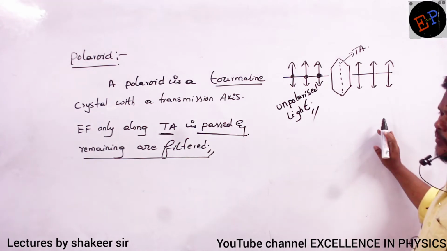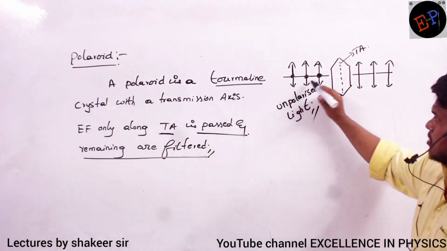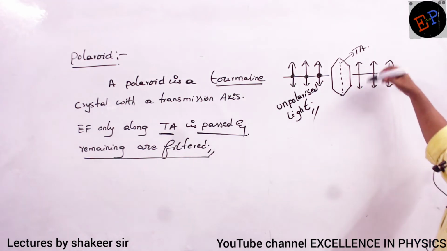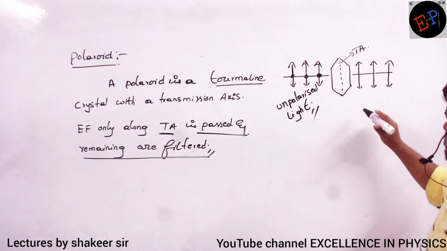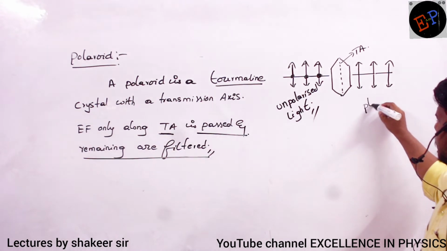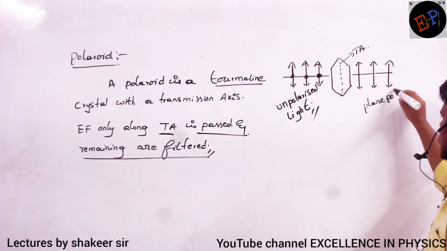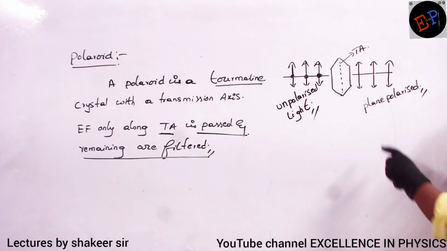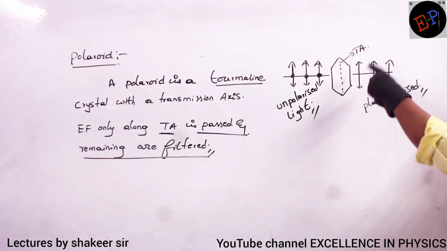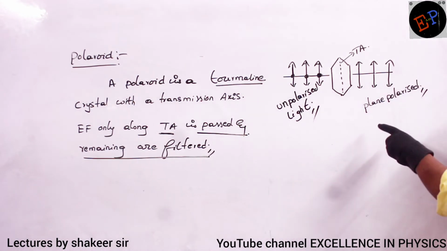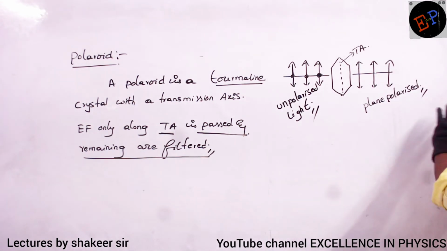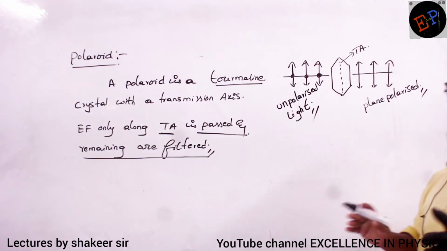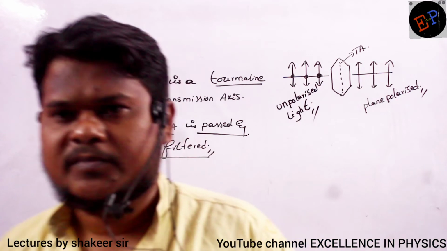Now here who is getting filtered? Dots are getting filtered, no? And only the electric fields which are in the plane of the board are traveling. So this kind of light, I can call plane polarized light. Plane polarized. Are you able to understand ma? So plane polarized means what? Now the electric field is oscillating in only one plane. What is that plane? Plane of the board only. Remaining electric fields are filtered. Are you able to understand ma? So this is the principle of a Polaroid. Okay? Right.